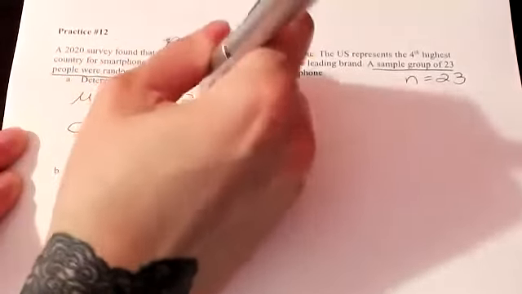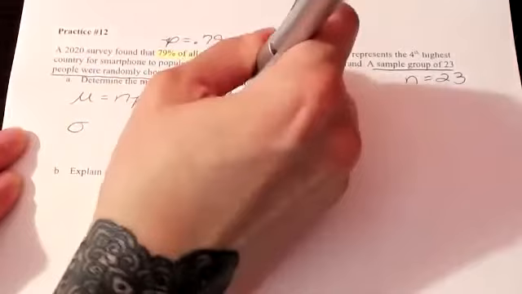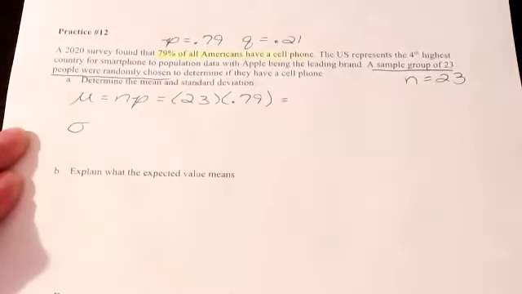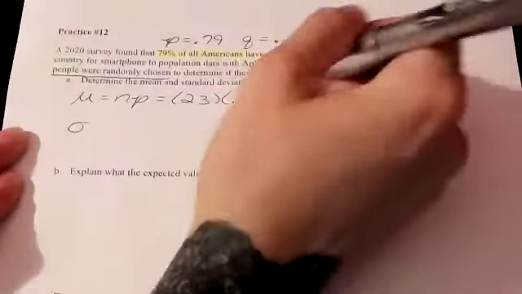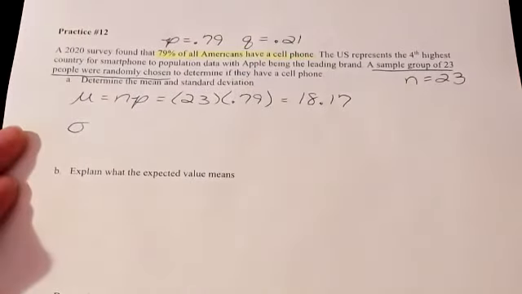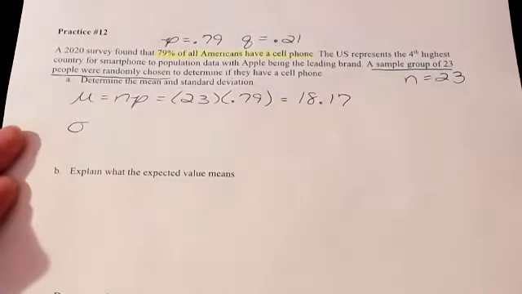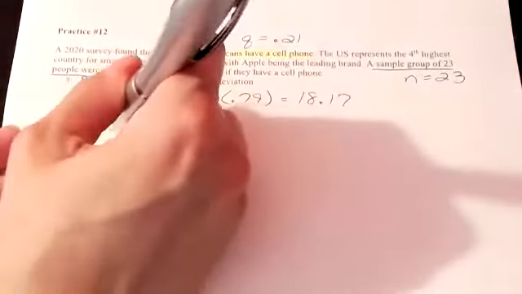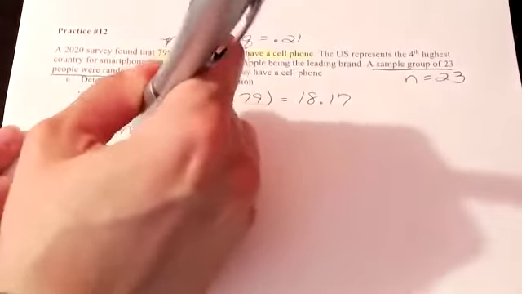So we have 23 times 0.79. At this point, it's just plugging into the formula. So we find that the mean is 18.17. I just rounded to 2 places after the decimal. If you left it to 3, that's totally cool as well. No big deal. You then want to take the square root of N times P times Q to find the